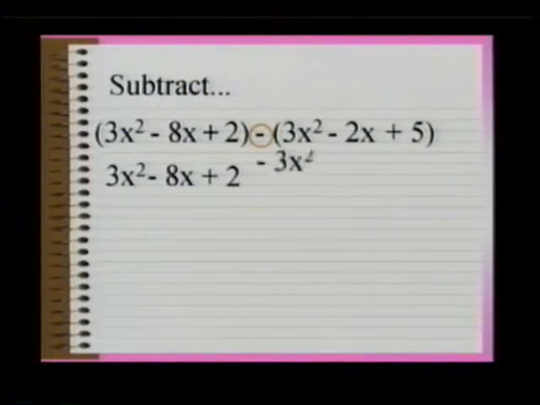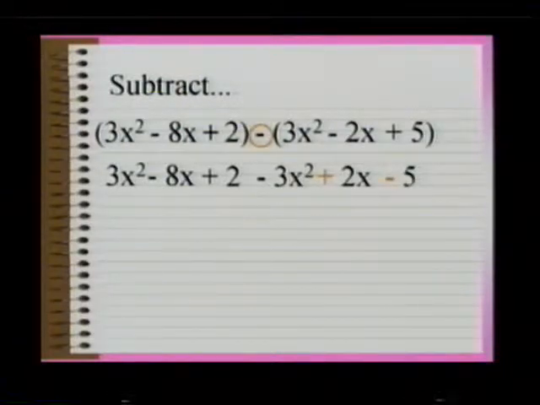Minus of 3x squared is going to give me a negative 3x squared. But minus of a negative 2x, the negative of a negative, or opposite of an opposite, I'm going to add up with a positive. Now this is what's different than the last problem, is that we're subtracting here. And that plus 5 is going to be a minus 5. Now we're back to,